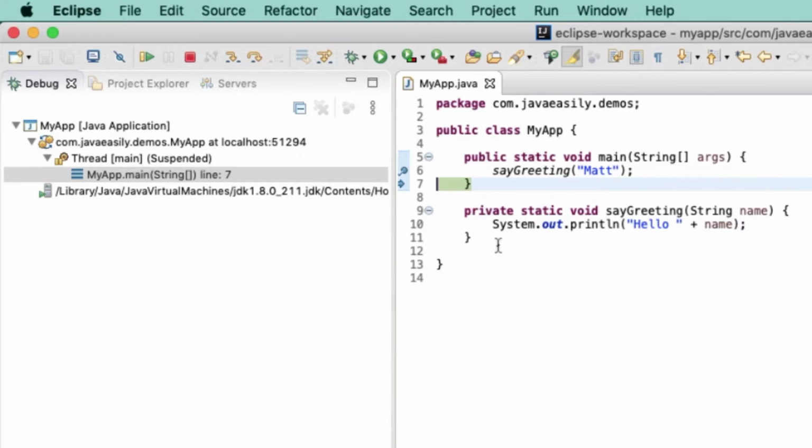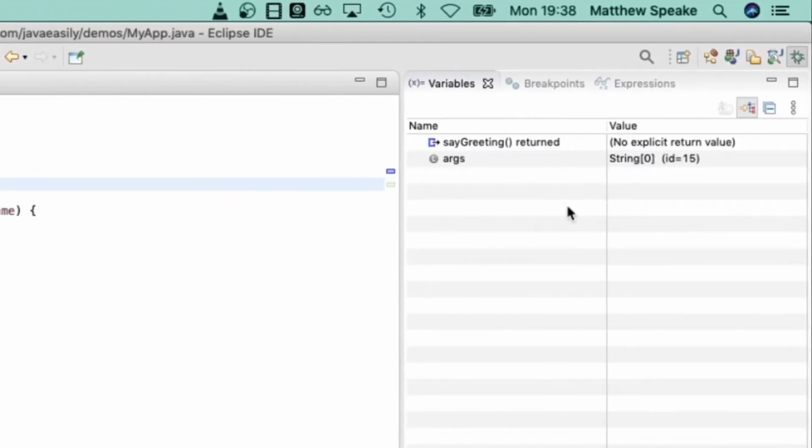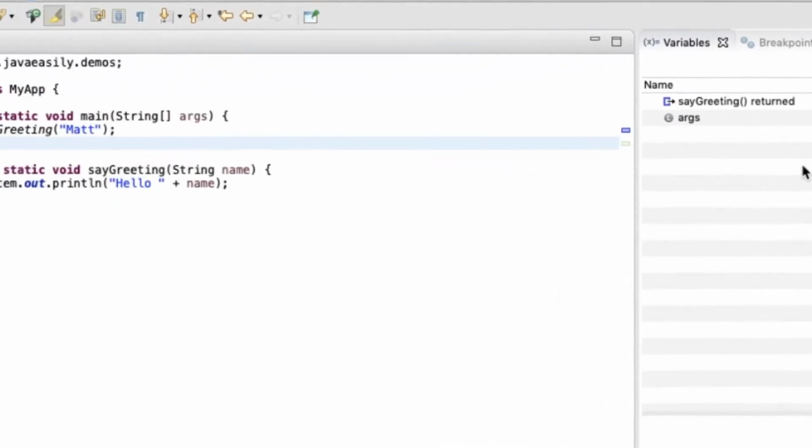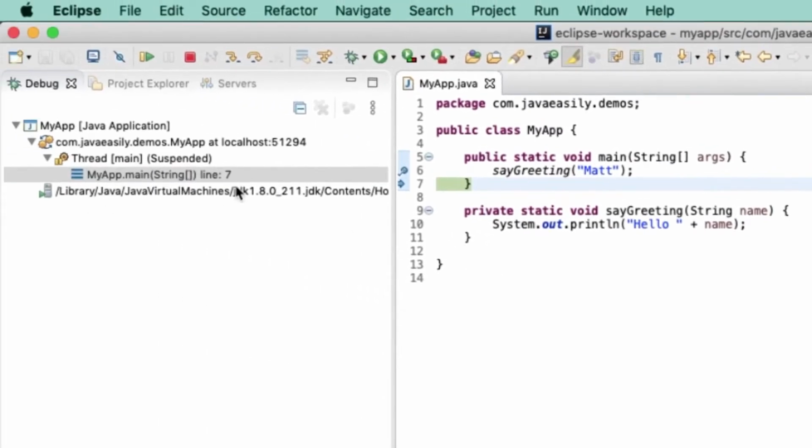But also notice what happened as well. The name variable which we had here before, that's now gone. That's because that's no longer what's known as in scope. In other words, it's not available to us anymore because in this method here, there isn't a variable called name. That was only in that method here, and only specifically for that method at that specific point in time. But now that method's gone. And we can tell that method's gone as well because if we look back over here to the call stack, we no longer have this SayGreeting method here. We no longer have it on the call stack. And in fact now we've progressed from line 6, which it was before, to line 7, which is this one.